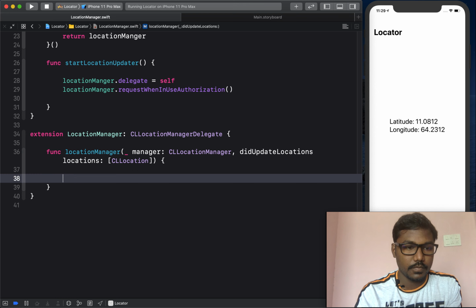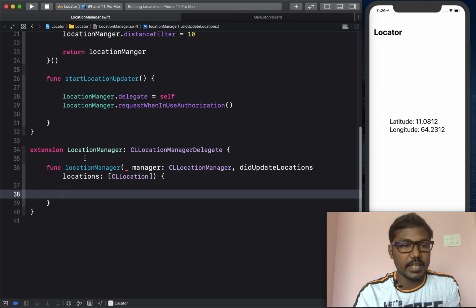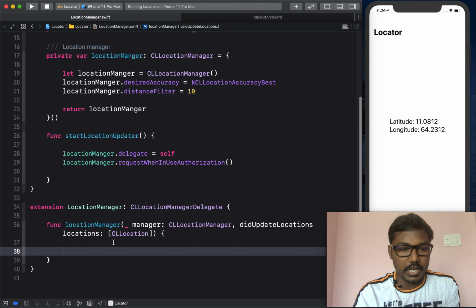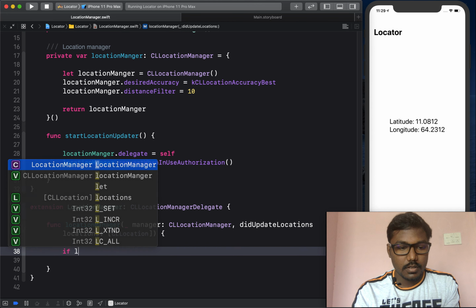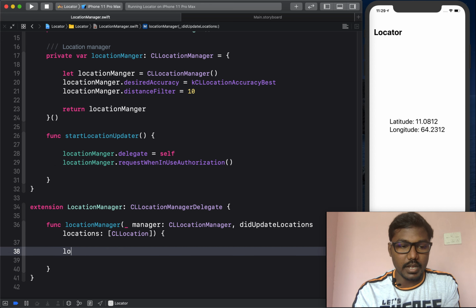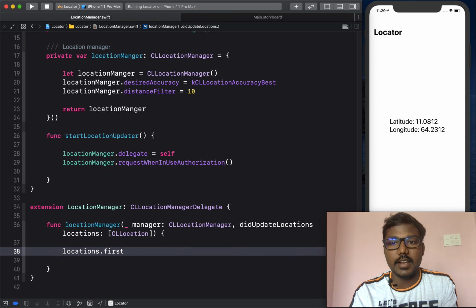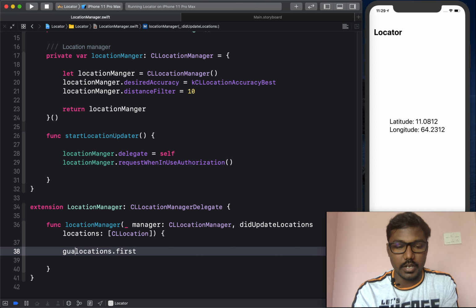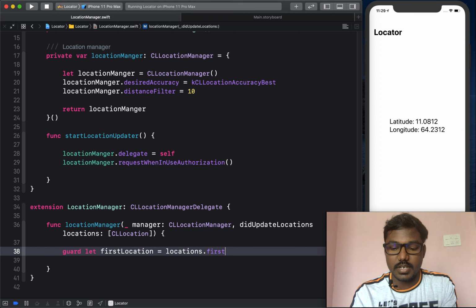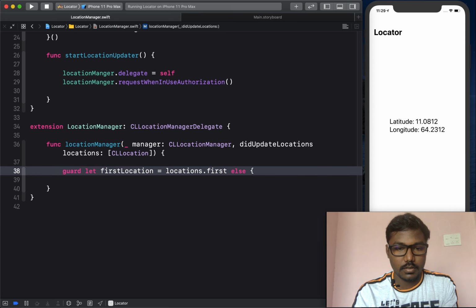Yeah, here we use this delegate because we will get our current location from here. The system will give an array of locations, but we need only a single location to handle in our project, so I am creating a guard let firstLocation is equal to locations dot first, or else it will return.